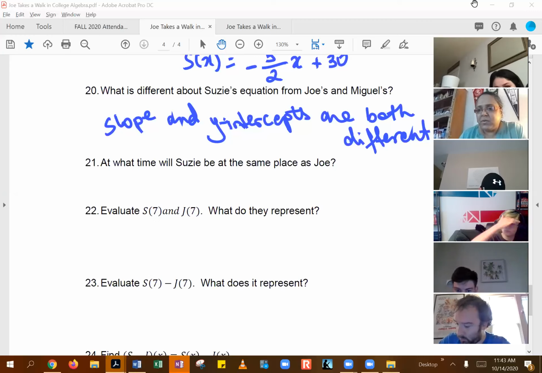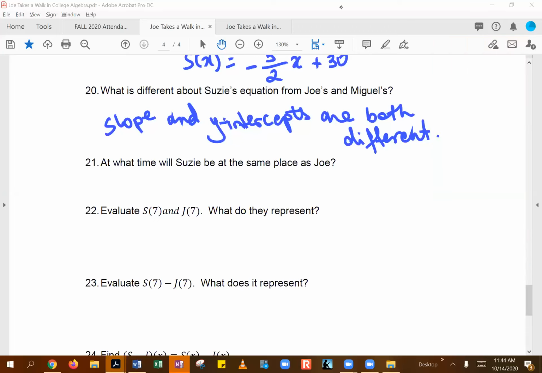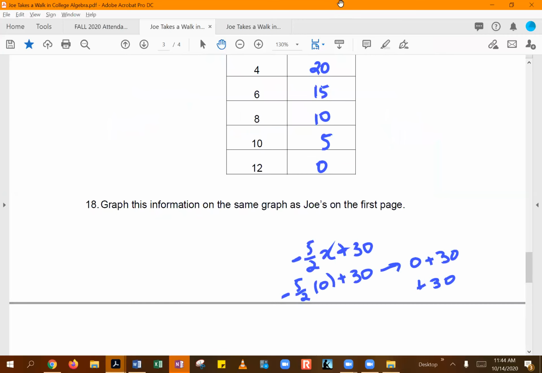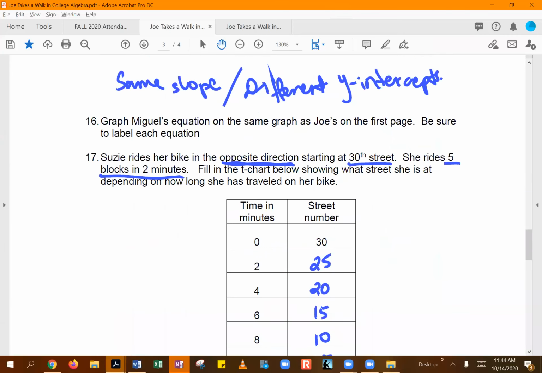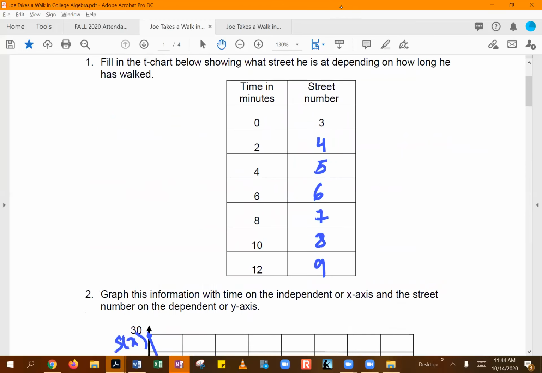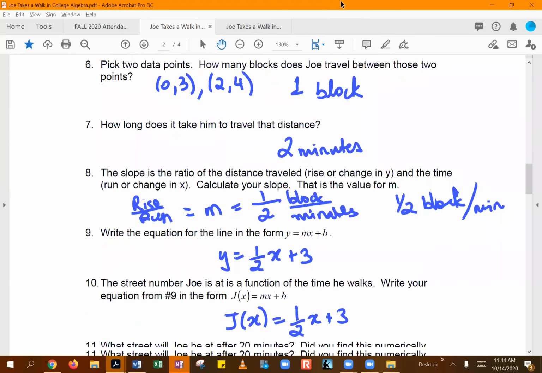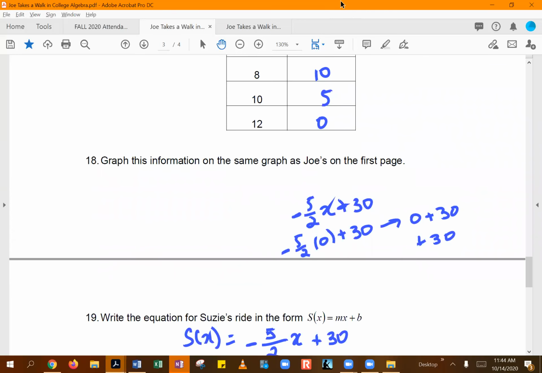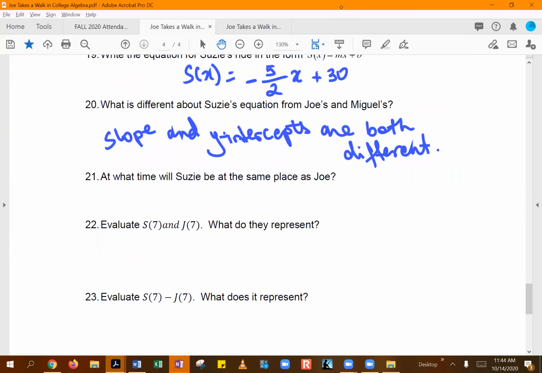So do you want to walk me through what you did? On minute 8 for Susie, she'd be at the 10th Street. And at minute 14 for Joe, he would be at the 10th Street. So I just looked at my charts. I see. Okay. And then Arthur, you were talking about setting the two equations equal to each other, because